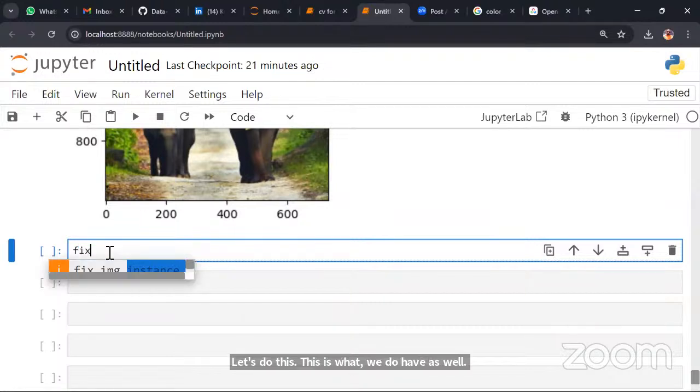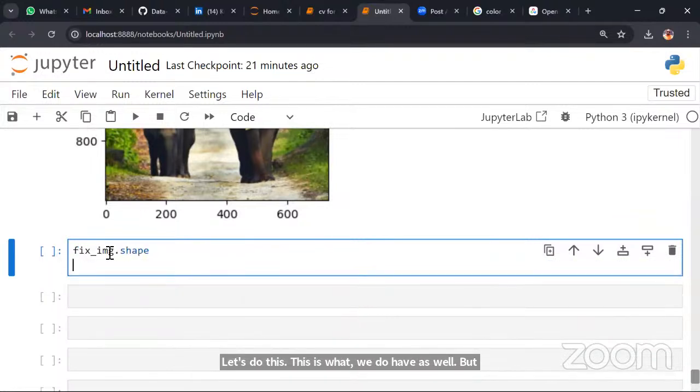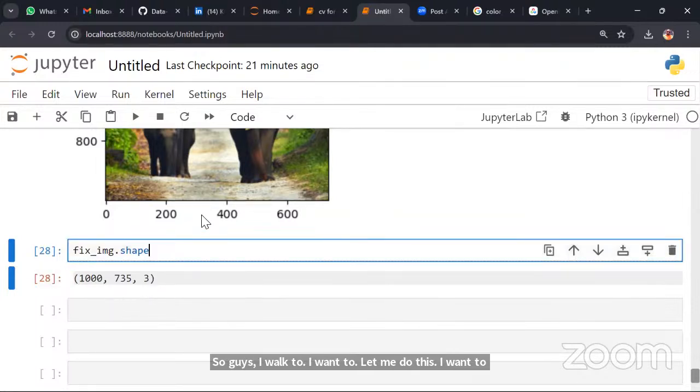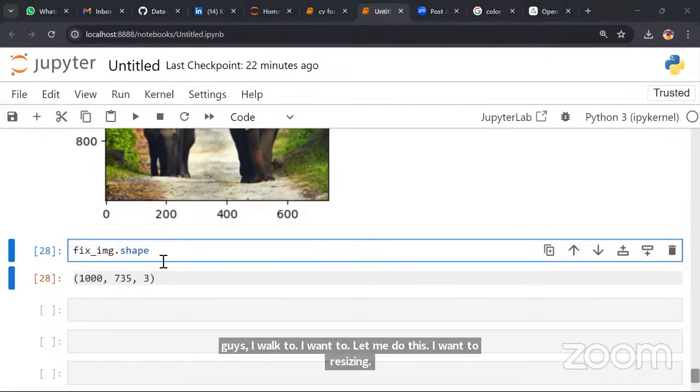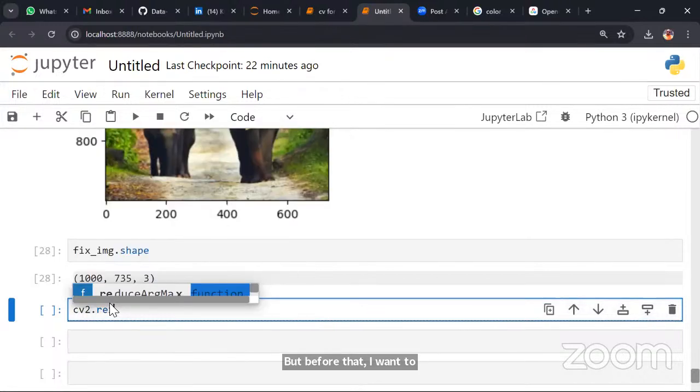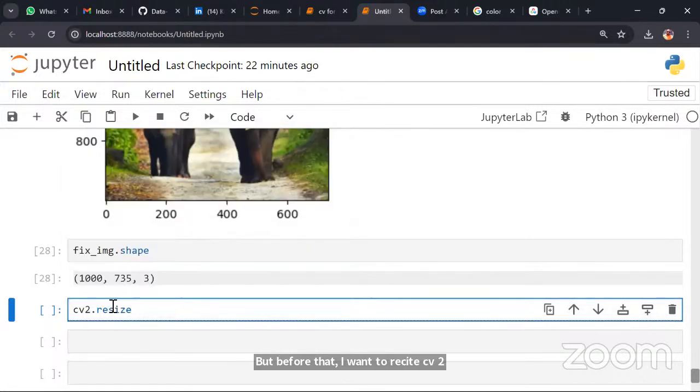But let's see .shape. What exactly is the shape? 1735, 3. So guys, I want to work with resizing. How do we work with the resizing of these images? Let's understand. So I create a new variable, but before that, I want to resize: cv2.resize and fix_image, comma,